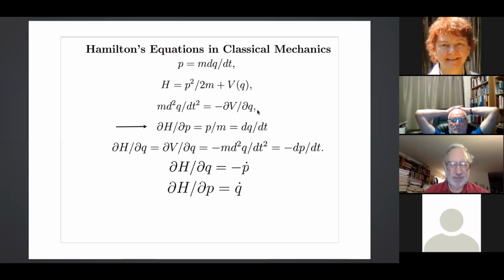So then we calculate, and we find the dH dp, that's equal to p over m. The dH dp, you go back up here and differentiate it with respect to p, and you get 2p over 2m, you get p over m, and that's dq dt. So dH dp is dq dt. And what about dH dq? Well, that's dV dq. Again, from this. And that's minus m d squared q dt squared, which is minus dp dt from Newton's law. And so we have it. dH dq is minus p dot, and dH dp is q dot. That's Hamilton's equations, and that's the situation through which Hamilton was getting these equations. He wasn't working in the non-commutative world, but he invented the non-commutative world